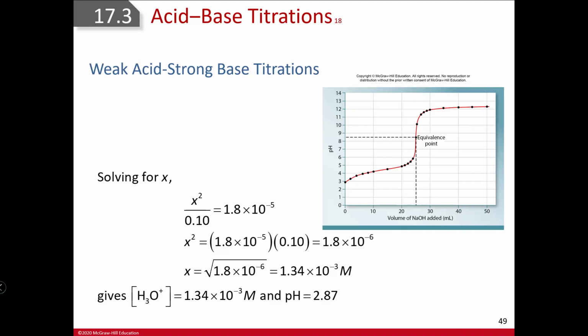Okay. So you go, why did I do this? Because if I take the negative log of this number here, that is the hydronium ion concentration. If I take the negative log of this, I get the initial value of 2.87. So that's where we are: nothing but pure acetic acid with a concentration of 0.10 molar. If it's a strong acid, 0.10 molar would be a pH of 1. Because this is a weak acid, it doesn't completely ionize. Its initial pH is 2.87